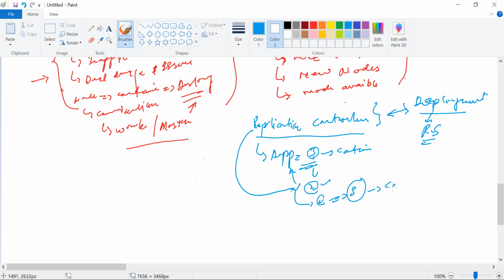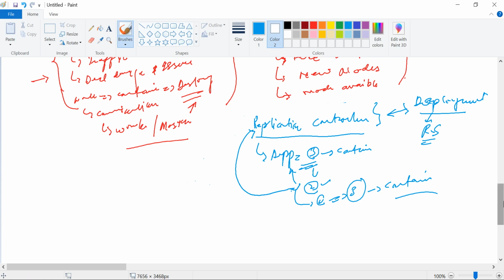So your desired count of 3 is maintained by the replication controller. It makes sure the desired number of containers is running on the worker node. These are the main responsibilities of the replication controller.